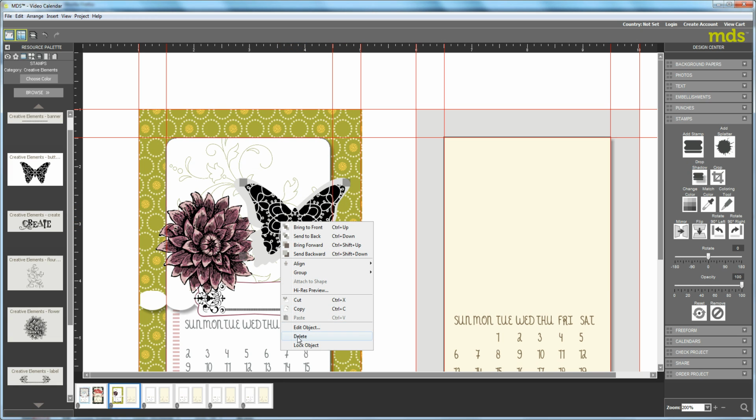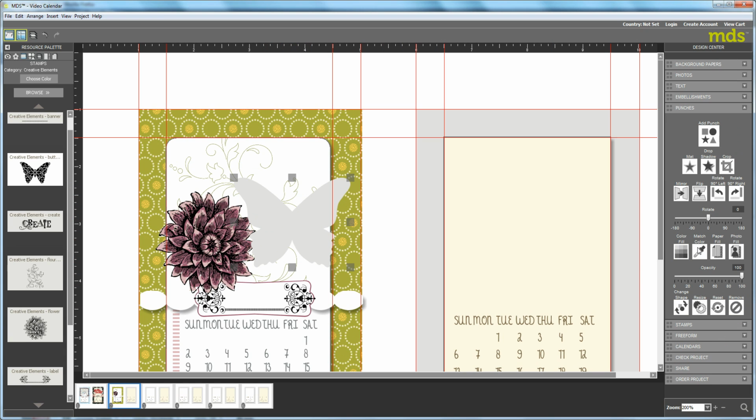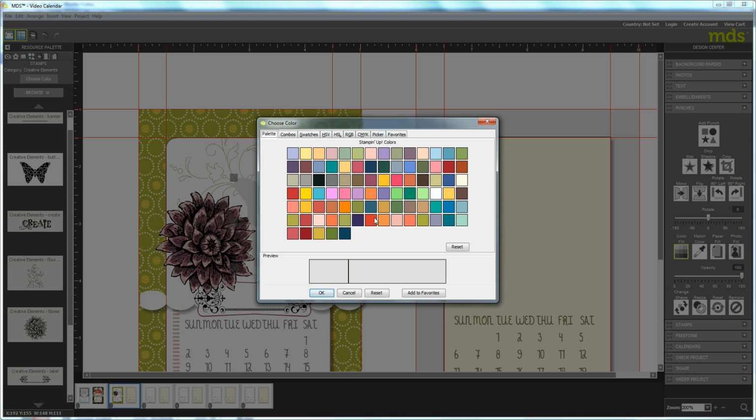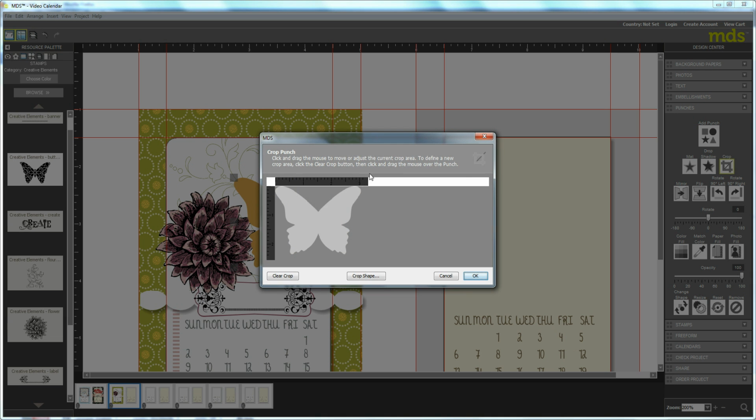So what I'm going to do is first, for the punch, color fill it with More Mustard, which is this color right here. And I am going to crop it. I'm going to do half of this butterfly first,